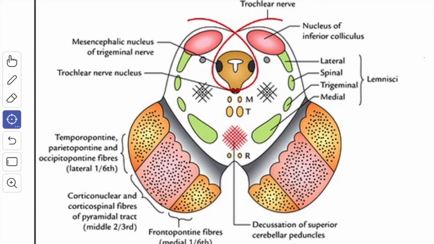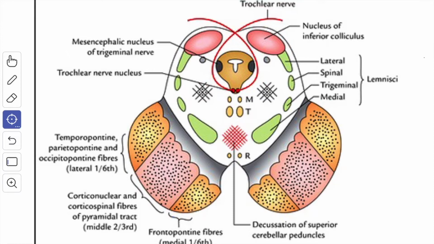The trochlear nerve fibers have an unusual course, and this is the only cranial nerve which emerges from the dorsal aspect of the brainstem. It has been suggested that this nerve originally supplied the muscles of the pineal eye, which would account for its dorsal course. The unique features of the trochlear nerve: it is the smallest and most slender cranial nerve. It decussates before emerging from the midbrain, and it is the only cranial nerve which emerges from the dorsal aspect of the brainstem.